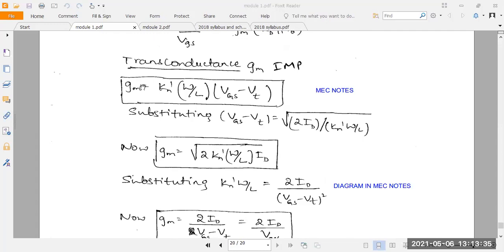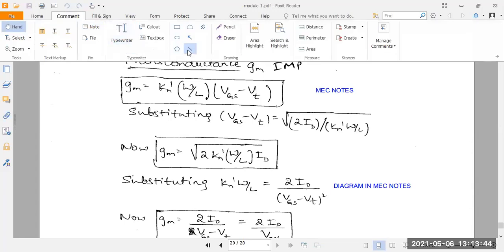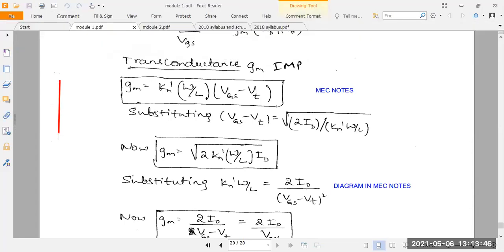So transconductance means what here? We want to take the channel, and based on the channel we want to write the equation. Suppose this one is the channel. Here you take the drain terminal, and this one is the source terminal. In between drain and source, the red color is the channel. In the channel, the charge carriers are moving from source to drain.